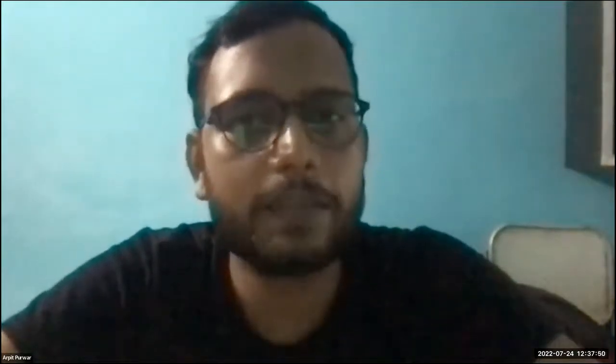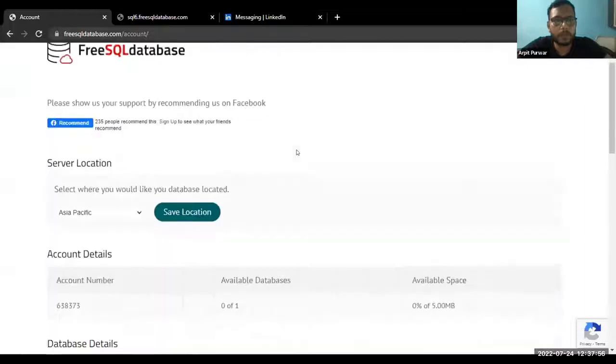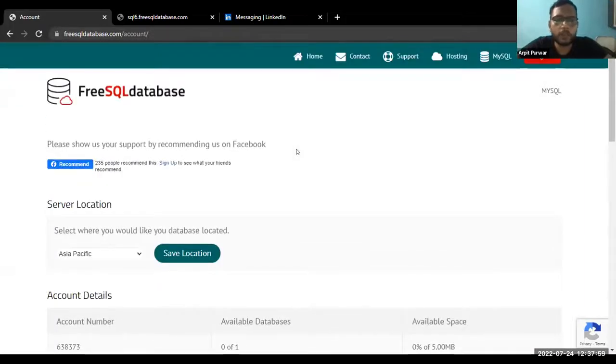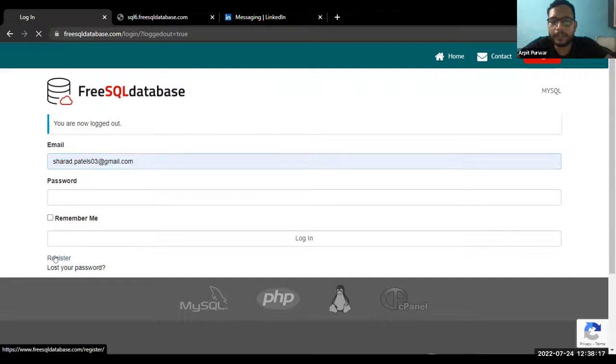Whoever was sharing his screen, please share your screen. Yes, you have to create the account also. Oh yeah, Sarath, please share your screen. Oh, thank you. Okay, now you can see once you will be logged in after register. So first you have to register here. If you remember your password, Sarath, you can just log out here, and then we can show everyone how it is working. Oh, I forgot my password. Okay, you can see the register screen, right, guys? Can you just click on the register button?